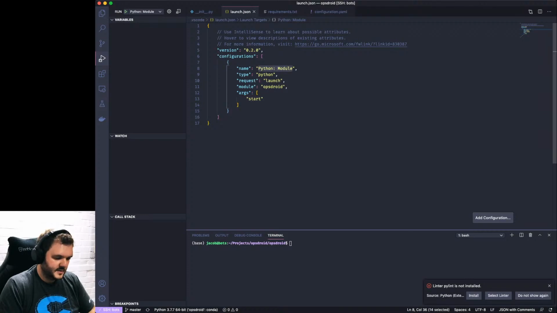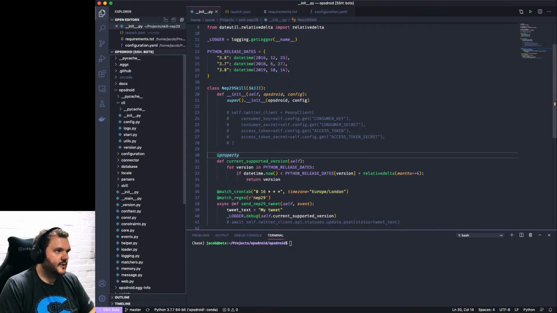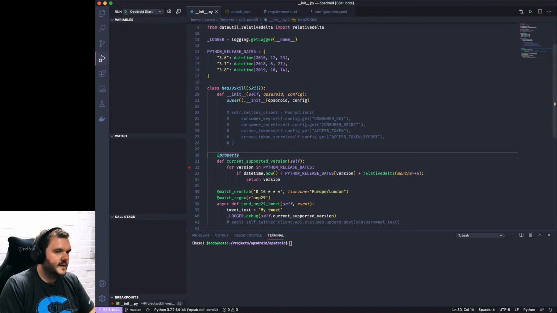I'm going to call this Opsdroid start. I want it to launch Opsdroid start into that kind of environment. That's fine. So that should call Opsdroid start. Got this. So if I put a breakpoint here and then run the debugger,